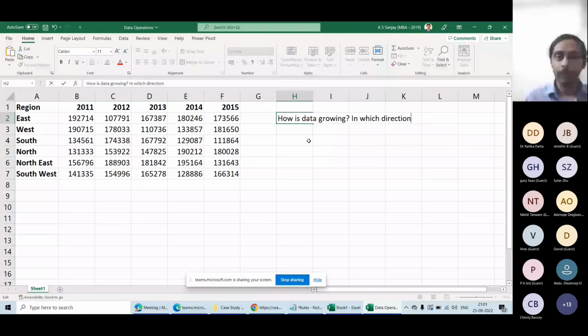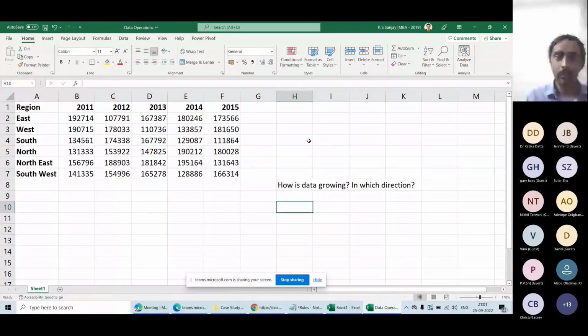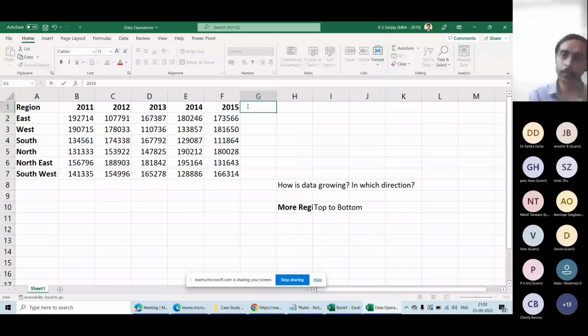So let's say tomorrow I get more regions, right? Tomorrow, let's say the company is expanding and more regions are coming into the picture. So what will happen? Here there will be, let's say, northwest, a new region will come. So the data will grow in this direction. So when more regions come, the data will grow from top to bottom. Let's say if I get 2016 data, then the data will go from left to right. So 2016, 2017, it will grow. So if I get more years, my data will grow from